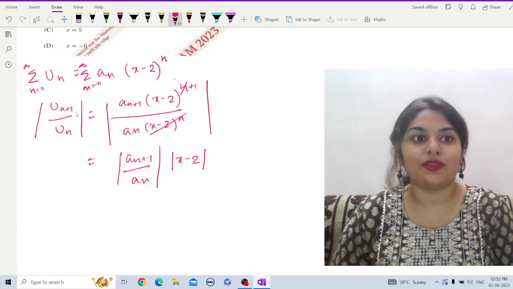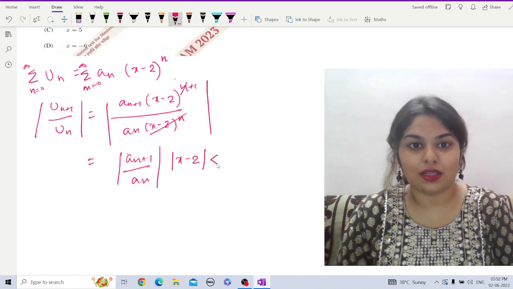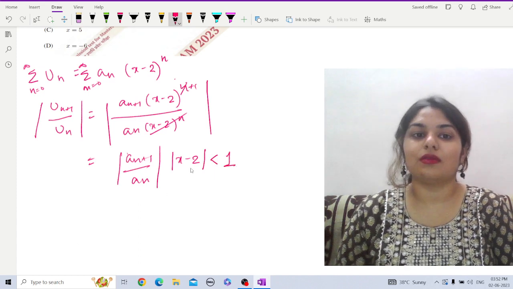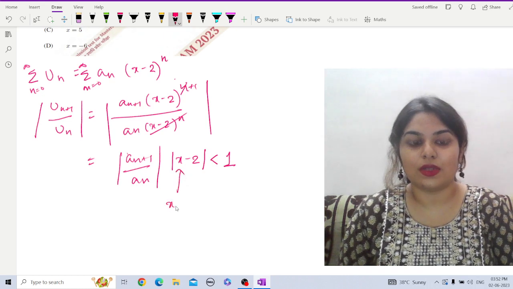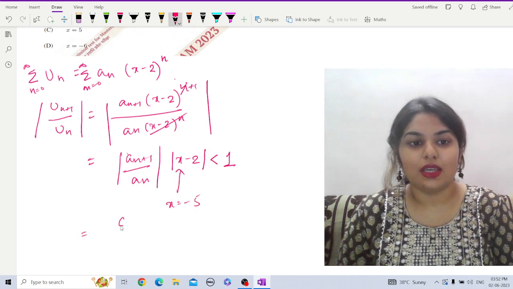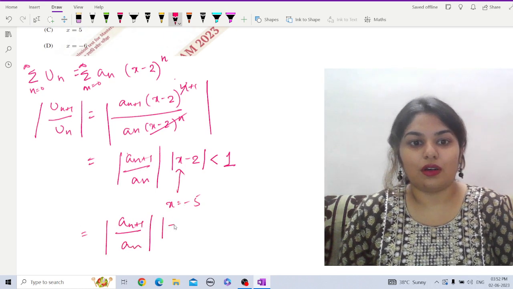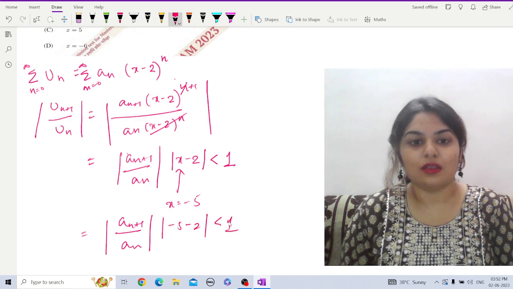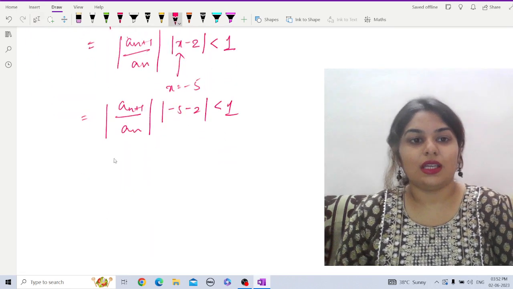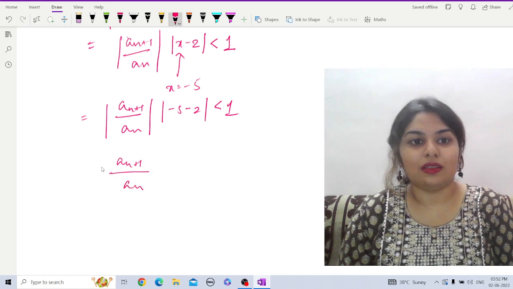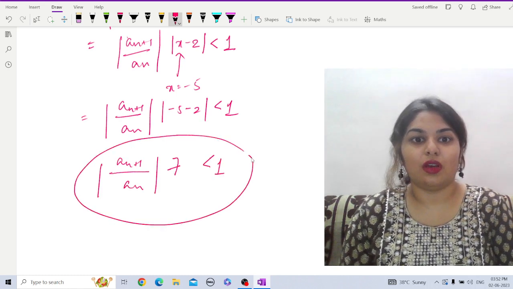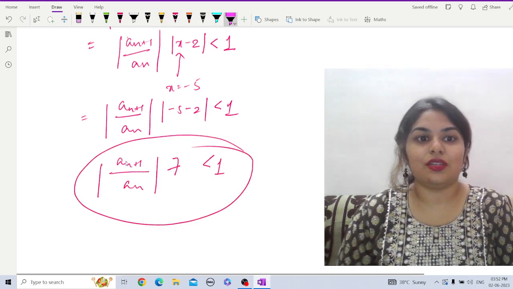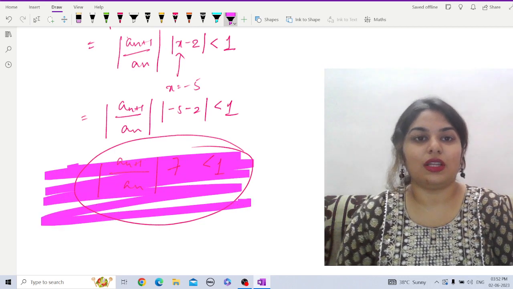Now in the question it is given that the series is convergent, that means this is less than 1. For convergence we need this to be less than 1, and at x equals minus 5, that means the value here is mod of a_(n+1) by a_n times mod of minus 5 minus 2 is less than 1. That implies mod of a_(n+1) by a_n into minus 7, mod of that is 7, is less than 1. Now comparing with this particular condition that we have,